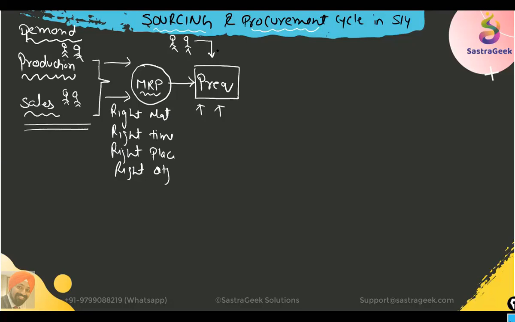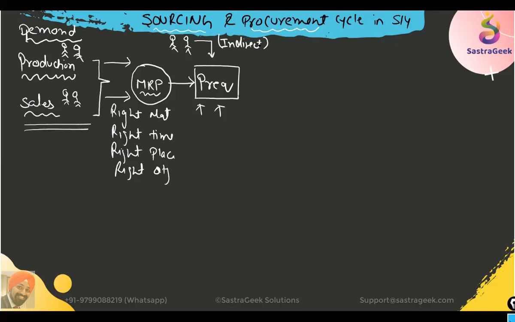So mostly your indirect materials, your stationery items, or the materials which are not directly used in production, tools and other things, are managed manually. Your admin items are managed manually. So MRP generally would not be in place for them. Somebody needs to directly create an indent and a requirement that we require this material in that much quantity at that date.